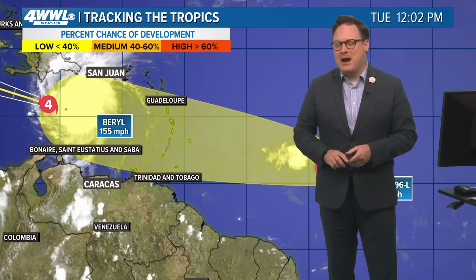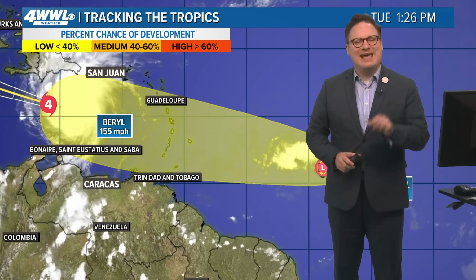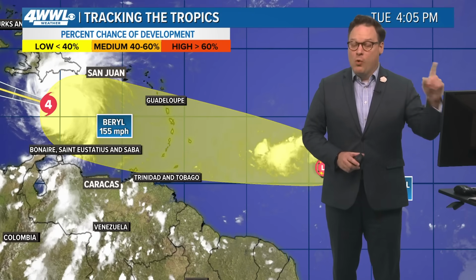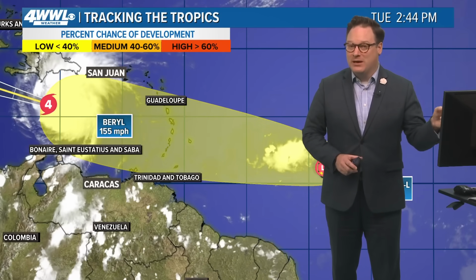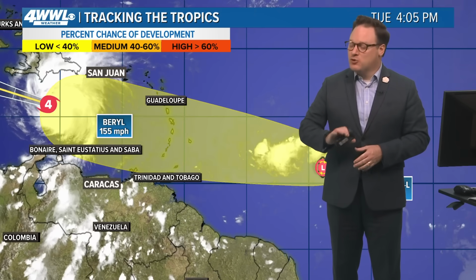And as far as Beryl goes, right now we are not expecting any impacts in South Louisiana. If we were to see something, it wouldn't be until early next week, and at the moment it looks like it would just be rain. Our focus will continue to be on the heat,